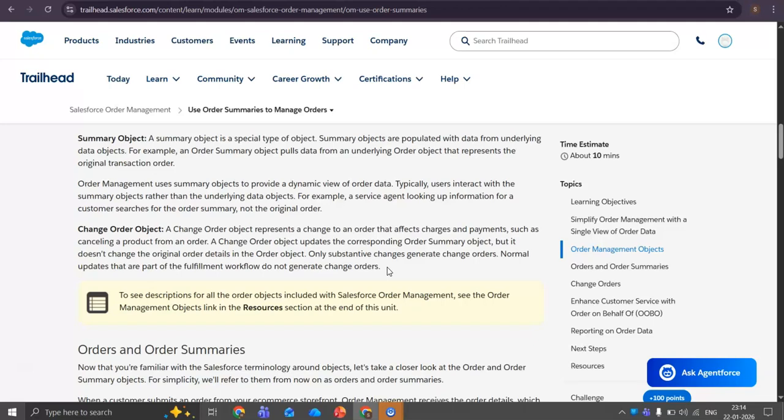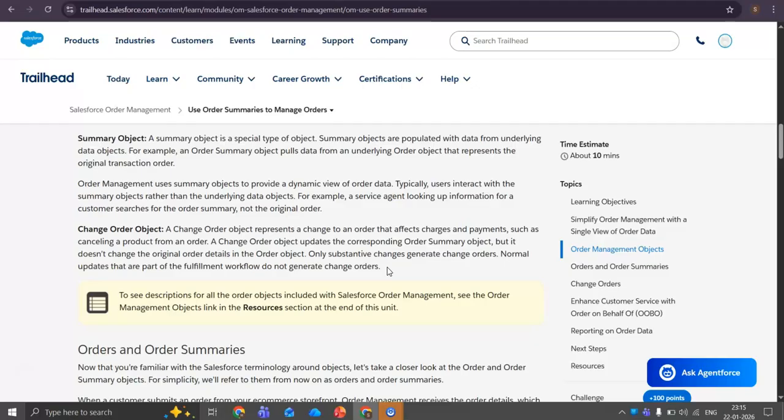And order summary, which I have been explaining for the last 4 days, is one of the main objects in order management, where we can get the complete information, and without an order the order summary can't be created. Okay. So this is about the order summary and change order record.